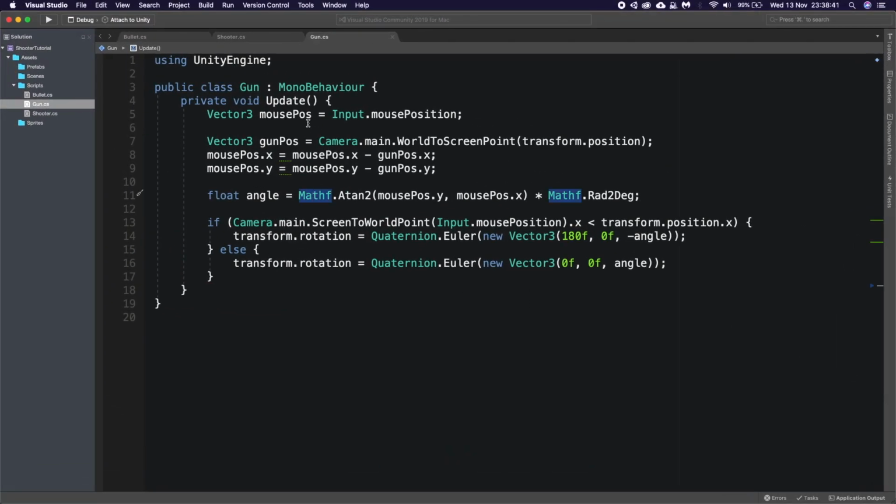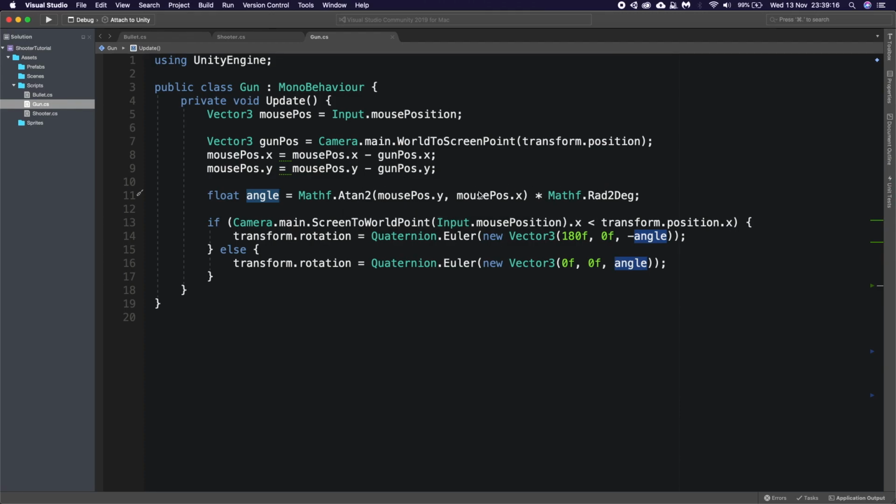So this was quite a confusing one, but basically what we did here is we got the mouse position in screen points, in pixels. We then got the gun position and converted it to pixel position, and then we subtracted the gun position from the mouse position, X and Y. We then got the angle between the mouse position and the current transform of this gun, and applied some radius to it.